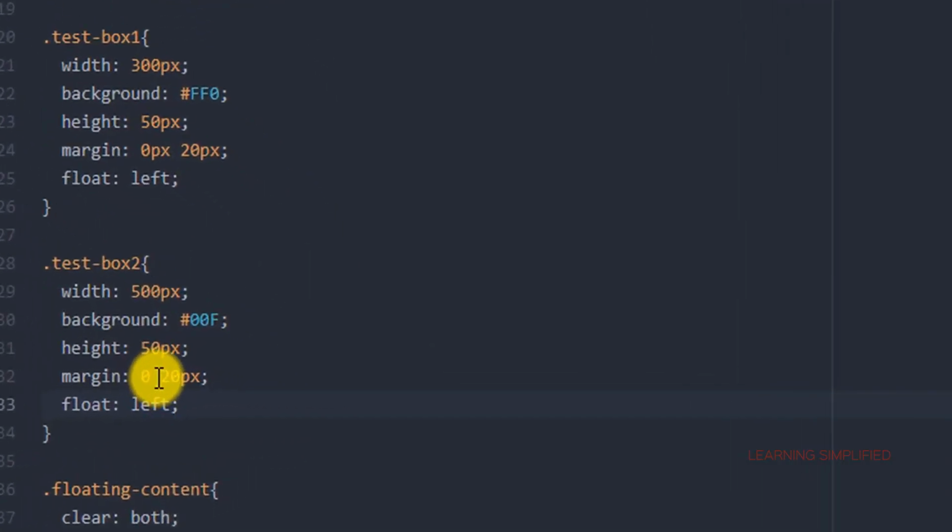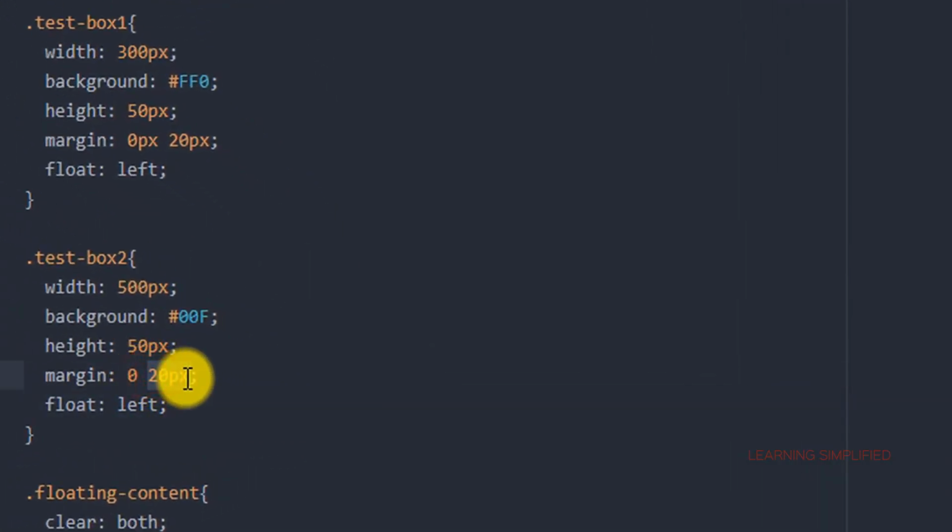If instead of this we do not provide anything at all, change this value to 0, reload, and you can see that this will be the result if we do not apply any kind of margin at all. Now this is the property that is actually making your block level elements into a horizontal display.